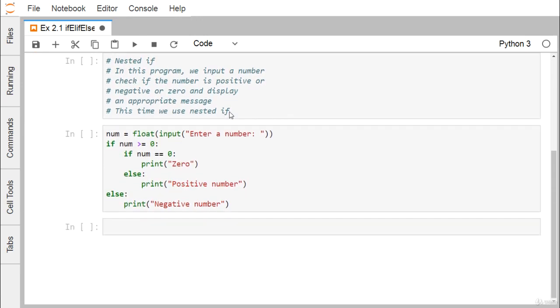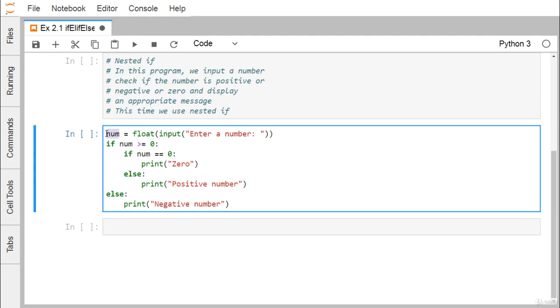Let us go for another example where you will be using the nested if. That means one if block within another outer if. In this program, we will input a number, check if the number is positive or negative or 0, and display an appropriate message. At first we ask the user to input a number, which is converted to float type and assigned to num.